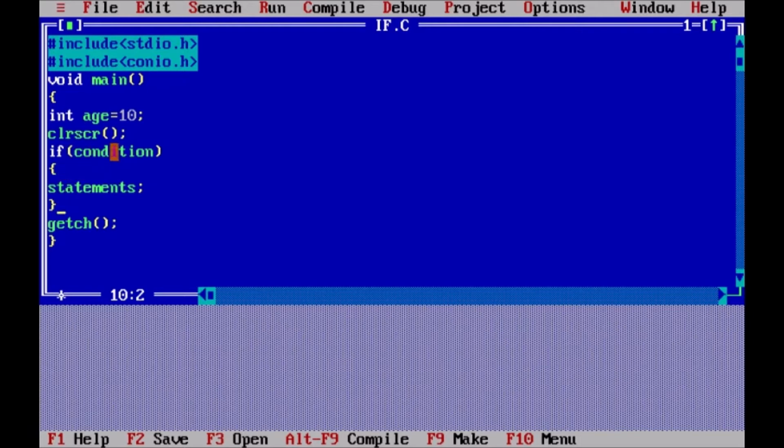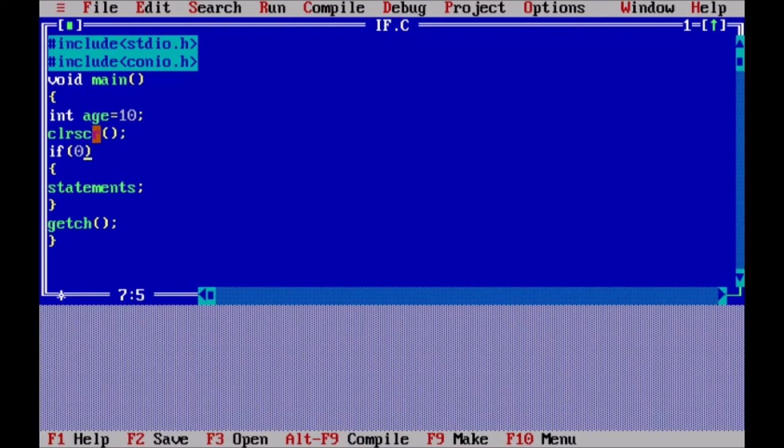Now let us see how this works. If the condition is true, as we have already spoken, in a C program true is represented by 1 or any other number except 0, and false is only determined by the number 0. So if in place of the condition I keep the value 0, that means the condition is always false.